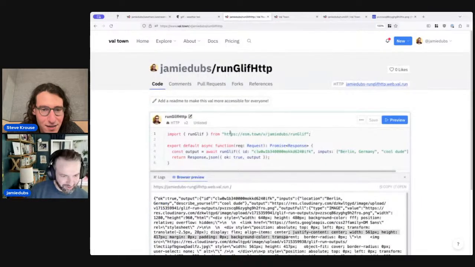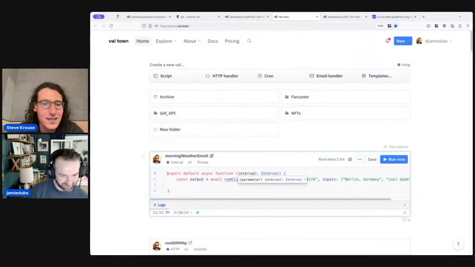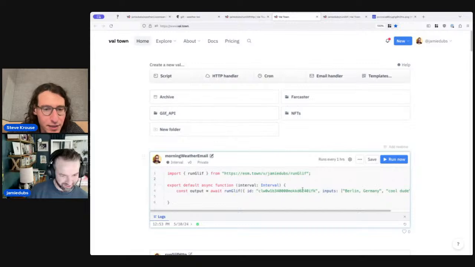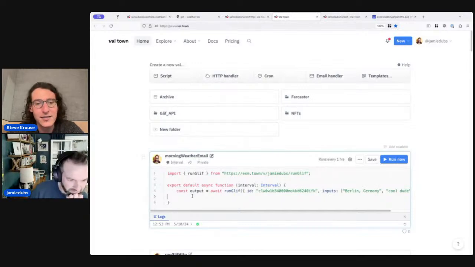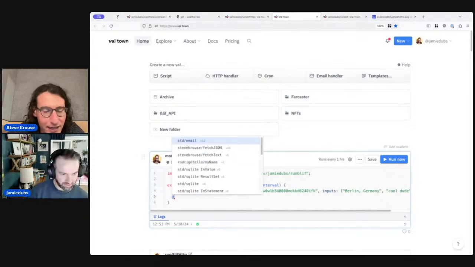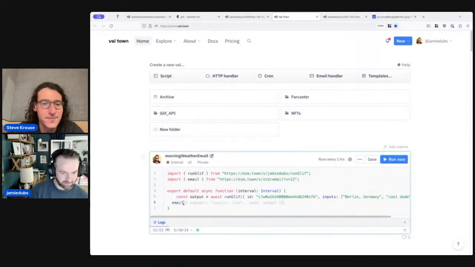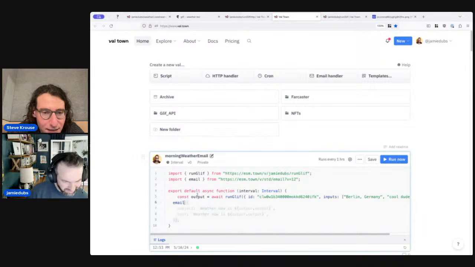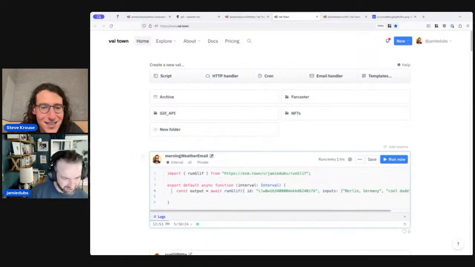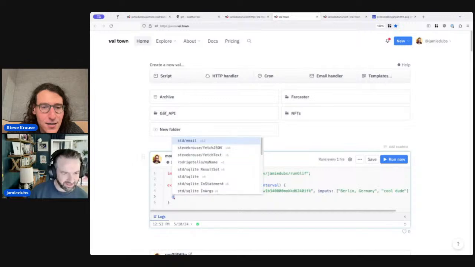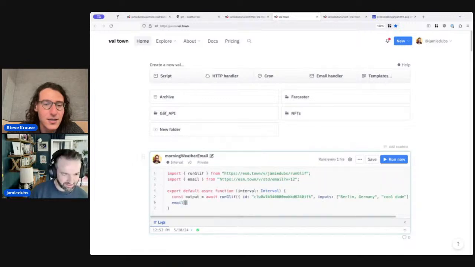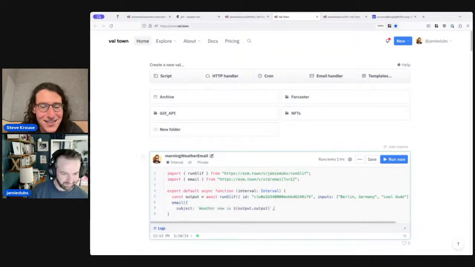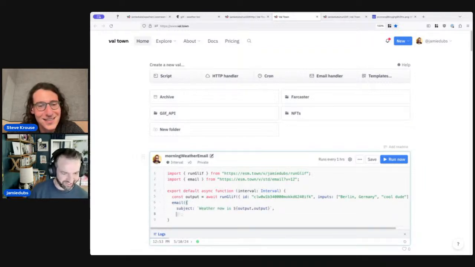Okay, let me import my run glyph. And then on line 5 you could type the @ symbol and then hit enter for standard email. Great. Oh, no, I don't want that. I like your previous suggestion. Let me at standard email. Weather now won't be what I want, but